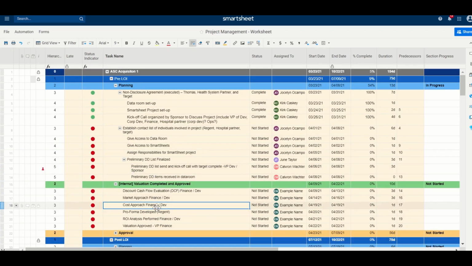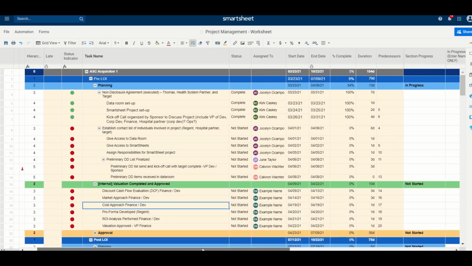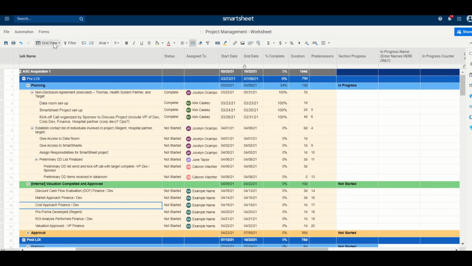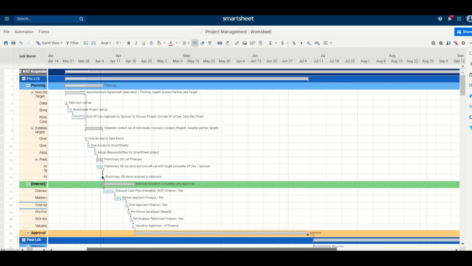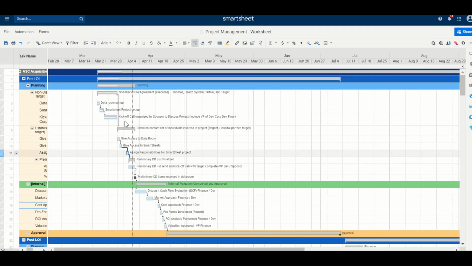Because the way I made this was I made this for everyone to be able to use. Then once you understand it, you don't have to change anything, right? I made the template for every single person if they want to see it. Just a reminder, grid view, Gantt view, right? You can see everything. So I'm going to go right here, condense,